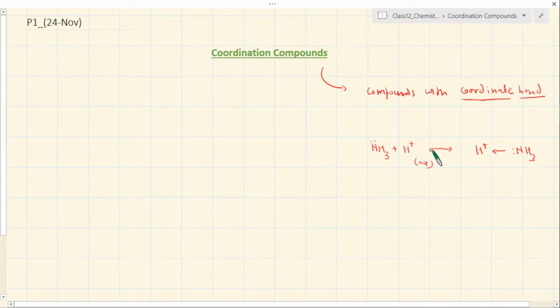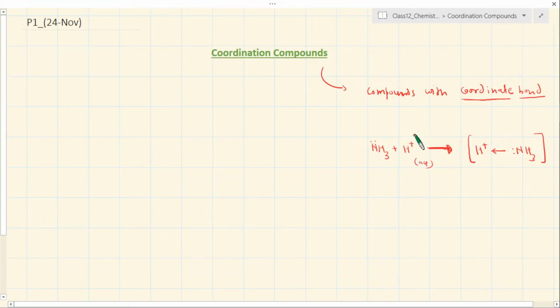Don't get confused between this arrow and the arrow which represents the direction of a reaction. This arrow I am using to represent the formation of the ammonium ion, the bonding from nitrogen to hydrogen in the form of a covalent aspect, not entirely ionic, because this is a neutral molecule and this is an ion. This is a recipient of electrons, where it is trying to create a duplet around it.